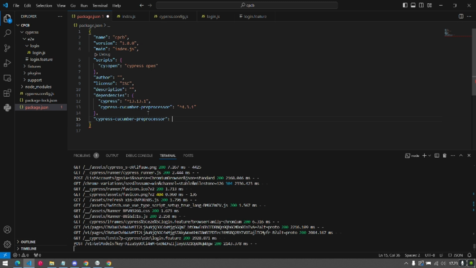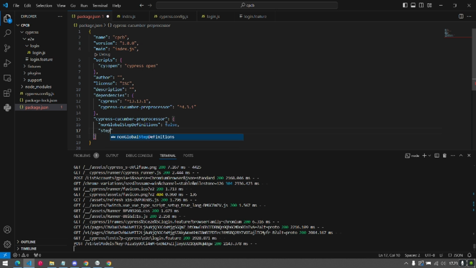Oops, not semicolon but colon, and then we have to declare that non-global step definitions, we set it false.